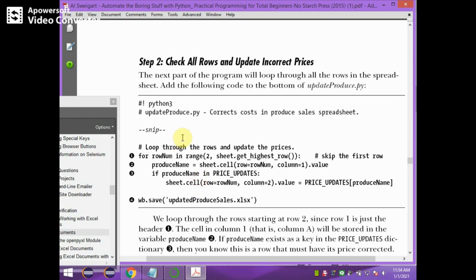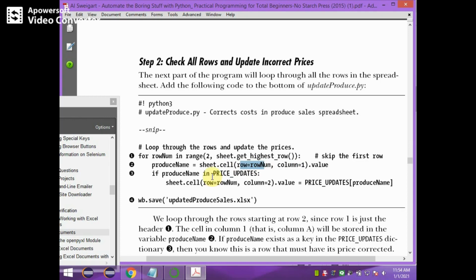Here you can see in the loop, it is iterating through all the rows starting from row number 2 till the highest row of the worksheet. That means wherever data is there up to the last row, it iterates through all those rows. The product name will be extracted from column A, that is column 1, in each row.